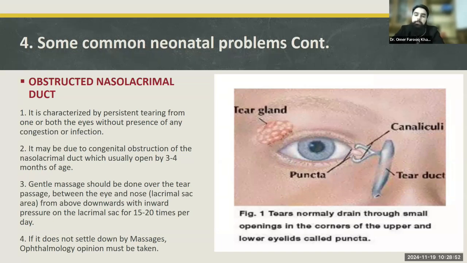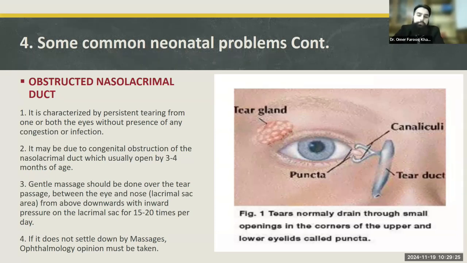That's why whenever we cry, the tears start draining from our nose, and we have to clean our nose repeatedly when we are crying, because the tearing process produces an excessive amount of watery fluid, which is our tears. So some of our tears go directly out from our eyes, but some of our tears get drained through these canaliculi and come into our nose. That is why our nose starts watering whenever we are crying.